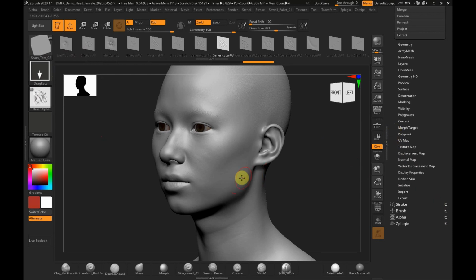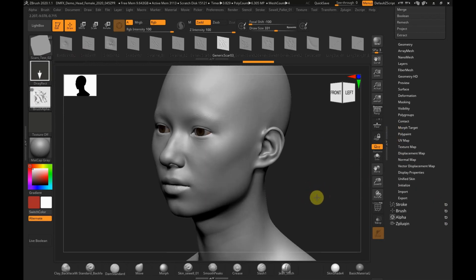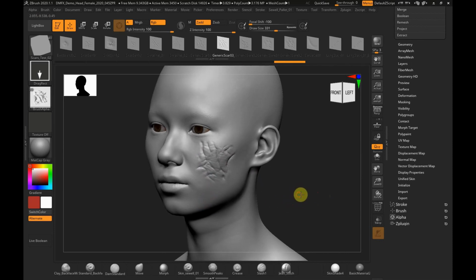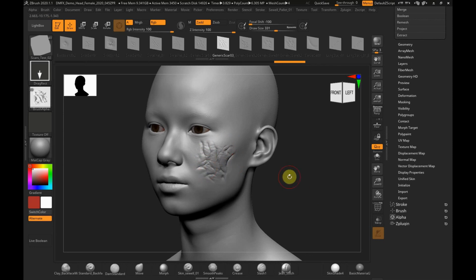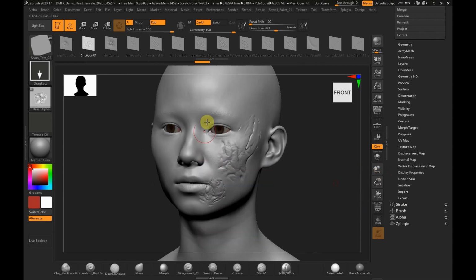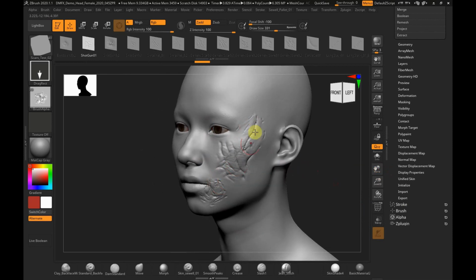We have some scan data of a head, and I'm simply going to drag out this wound. Yeah, this is a scar, and I'm just going to randomly pick out another one, and another one. Okay, so without going into any design ethos, we have the scan data, we have some modeling that's been done